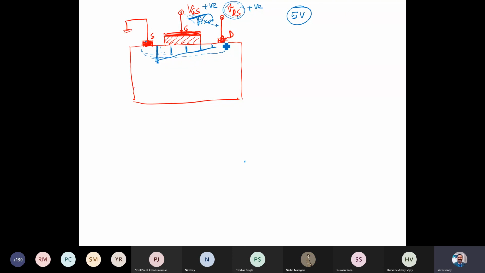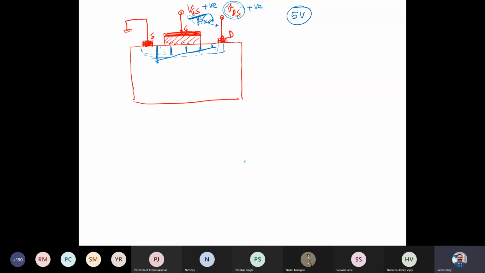But as soon as we go for a larger VDS, let's say 1 volt or 2 volt, effectively if we take VGS minus VDS, the voltage difference across this region is not constant. That changing voltage means you are changing the channel thickness.